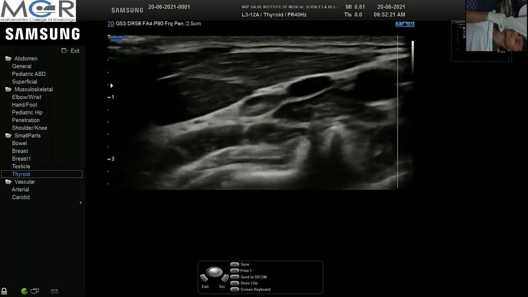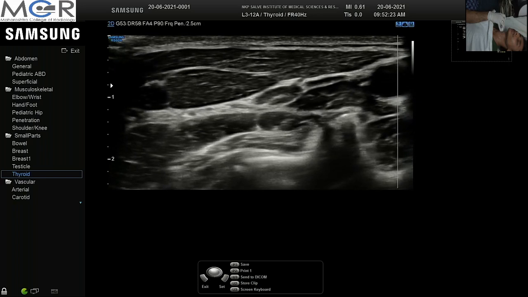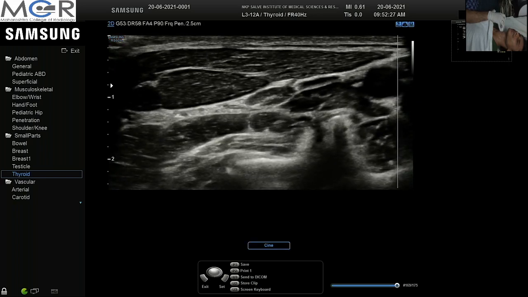So if we try to correlate the appearance of the lymph node with histology, then we will know that the lymph node has an outer cortex and an inner medulla. The cortex contains the lymphoid follicles, whereas the medulla contains the lymphoid sinuses along with connective tissue and blood vessel. So whenever there is an inflammatory node, the node is affected diffusely, that is the lymphoid follicles also hypertrophy as well as the lymphoid sinuses also hypertrophy. So the shape of the node will not change, it will maintain its oval shape.